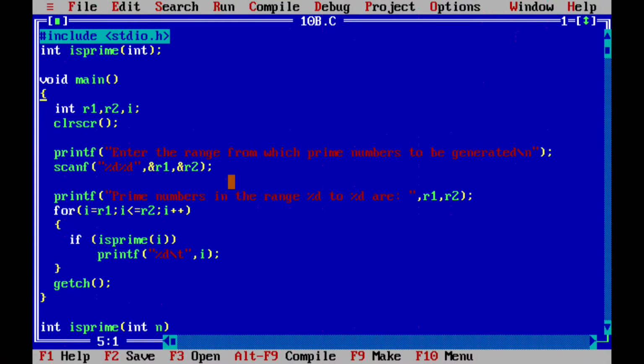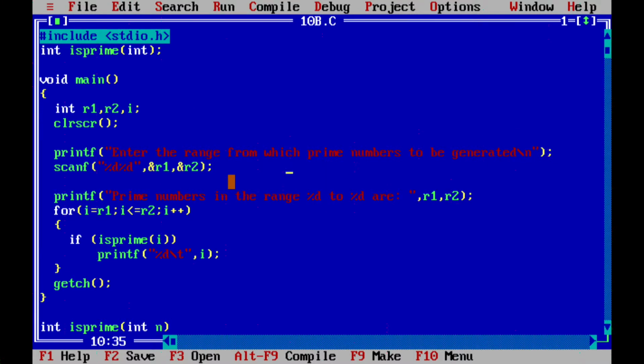Okay. So what the request is, you take a range R1 and R2 and print all the prime numbers between them. So we are reading, enter the range from which the prime numbers need to be generated.